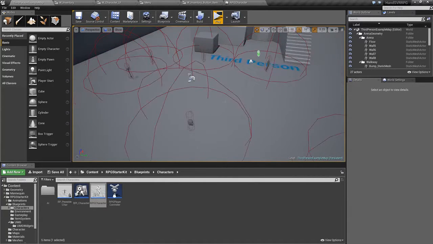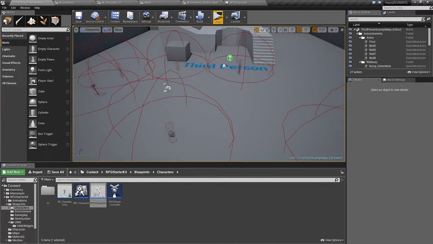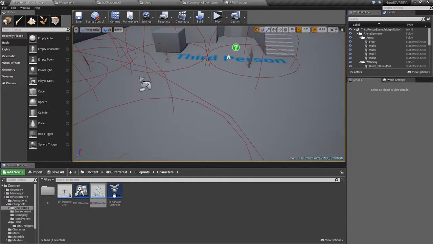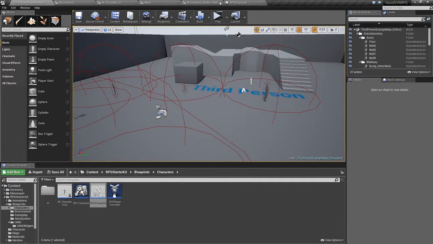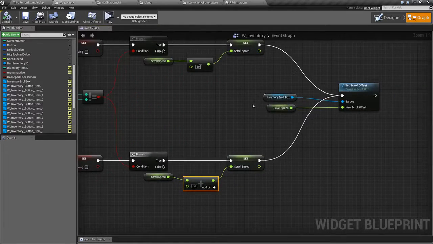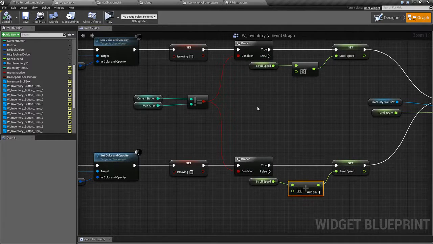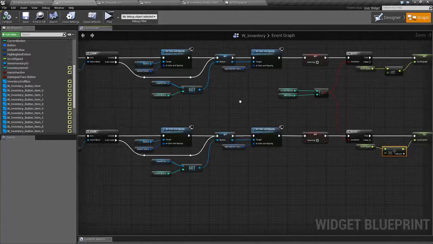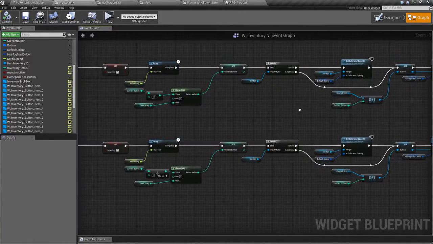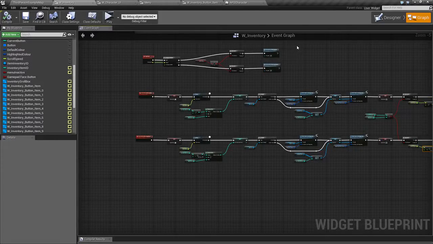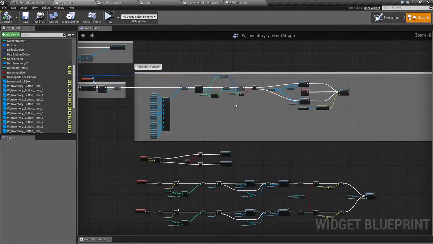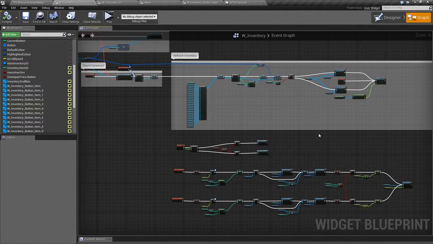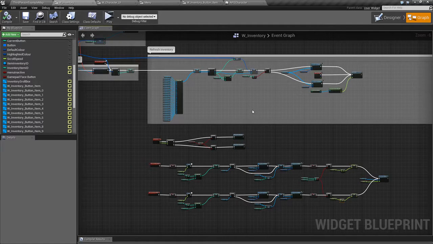So I don't have 25 items in here at the moment, but as you fill it up and as you push down, then the scroll box will slowly move down. And when you push up, it will slowly move up too. So what's highlighted is always visible on the screen there. So that's how I've done the inventory. So you're able to select it with the stick, and then